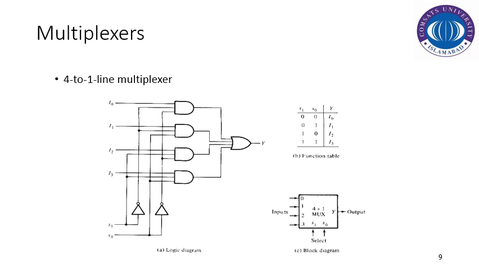If X0 and X1 are equal to 0, 1, then in that particular case, whatsoever the value of I1 is, that should be routed to the output, that should be given to the output, that is equal to 1. So, and so on and so forth. If you see the particular examples as far as the programming is concerned, in different programming platforms, different sorts of conditional structures can be used to implement different sorts of conditions.